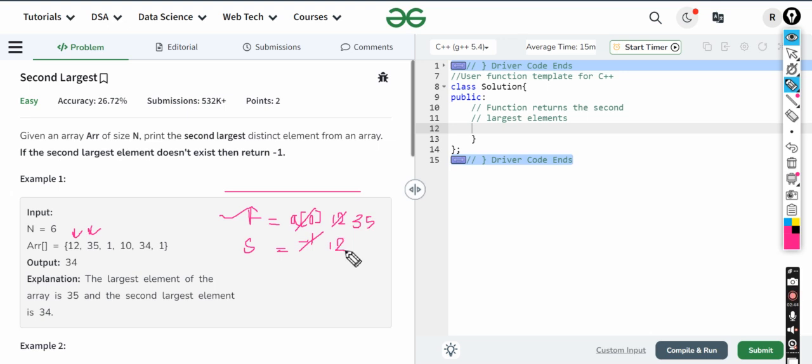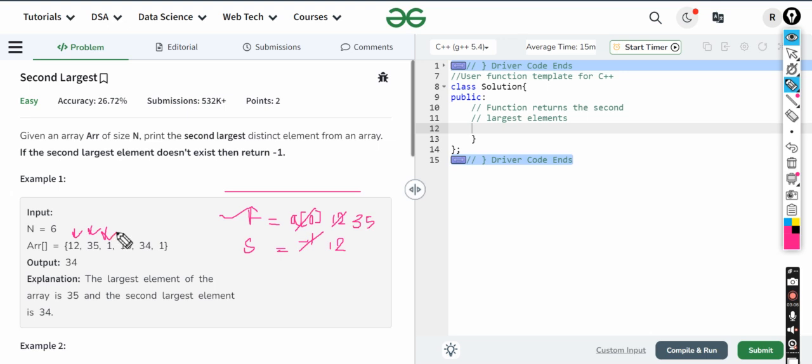This is the basic rule: whenever someone overcomes first, the one who was first automatically moves to the second position. If a number exceeds the first value, first takes the new value and the older value of first goes to second.